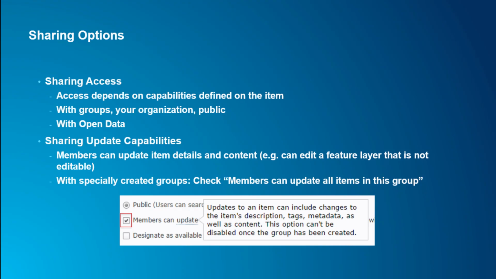Now, a very exciting way to share is to share with a group that has update capabilities. So when you create a group, there is an option at the bottom, which you can check and say, hey, members of this group can update the content that's shared to this group. What that means is that